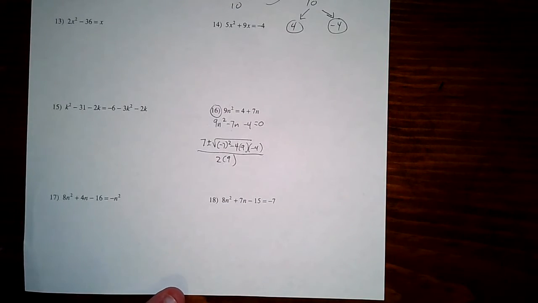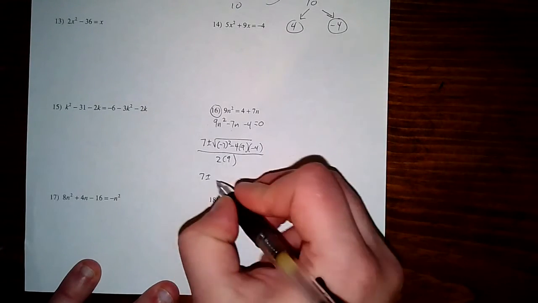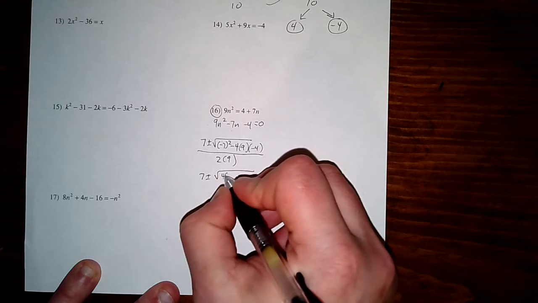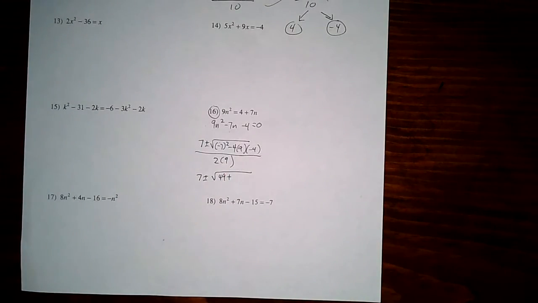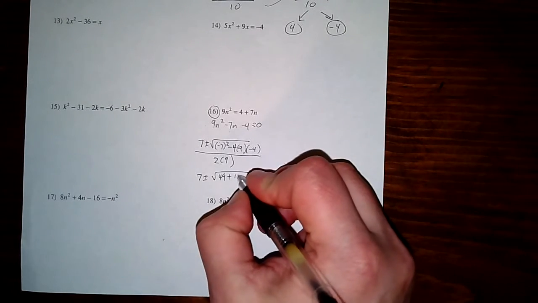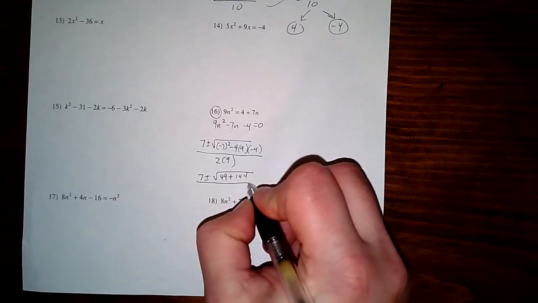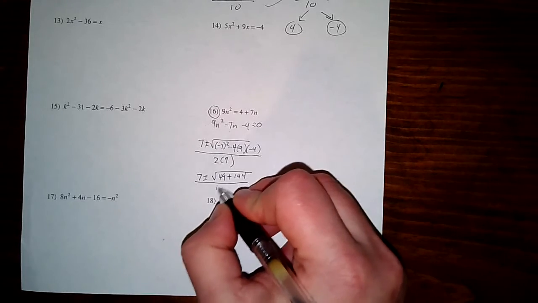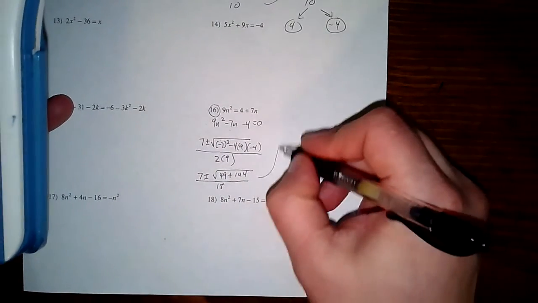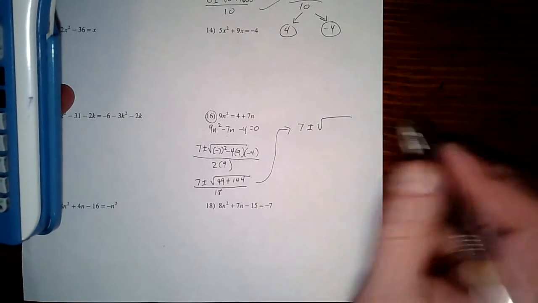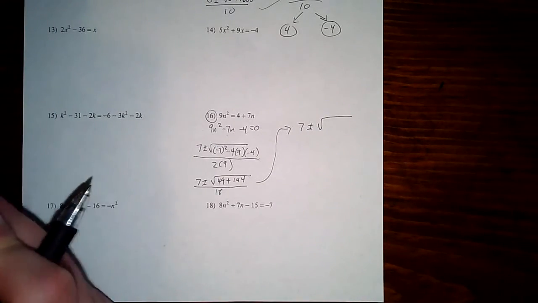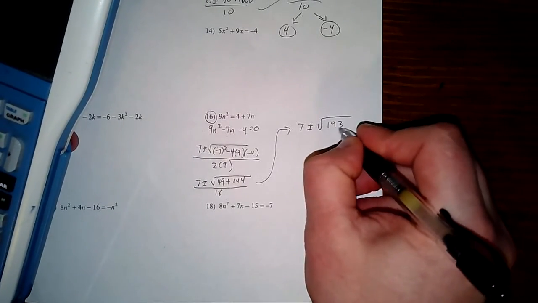All right, so we got a lot going on here. Let's see what we work out to. So 7 plus or minus. Under my root, I'm going to have 49. And this is going to become a plus. So we got 4 times the 9, or negative 4 times the 9, and then times the negative 4. So that's going to be 144. And then on the bottom, 2 times 9 is 18. Okay, go ahead and bring it up. It's running out of space. So I've got 7 plus or minus the root of 144 plus 49, which is 193, which is kind of a